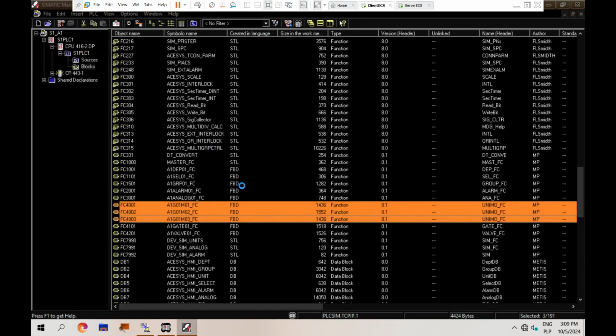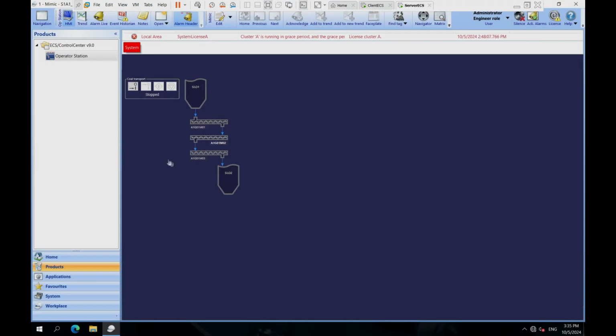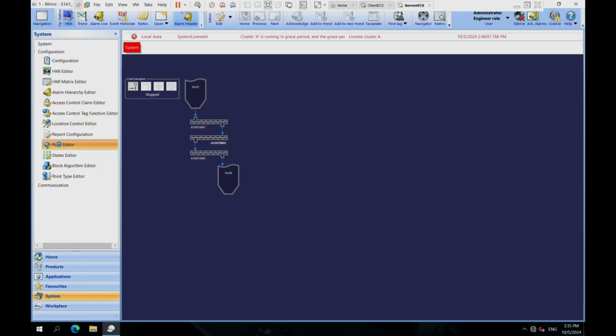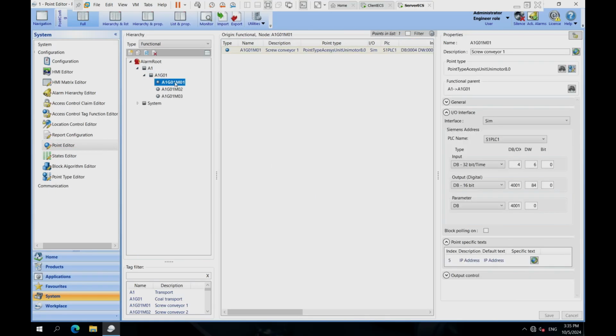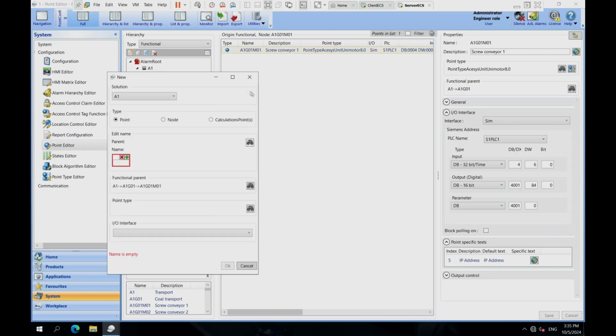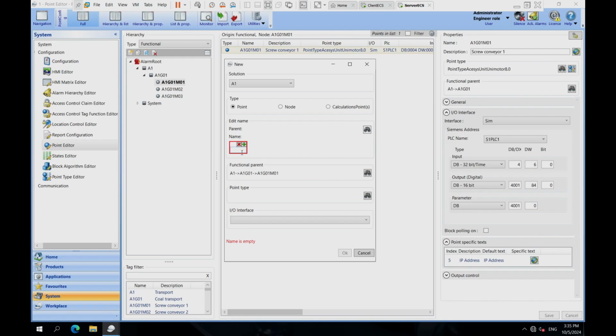Let's now move to the server and add interlocks to our drives. To do this, we'll go to the point editor. For example, the PLC controller has already created a sequence start interlock for the drive A1G01M01. To add this interlock, right-click on the A1G01M01 drive and select New. Make sure the solution A1 is selected and name the interlock